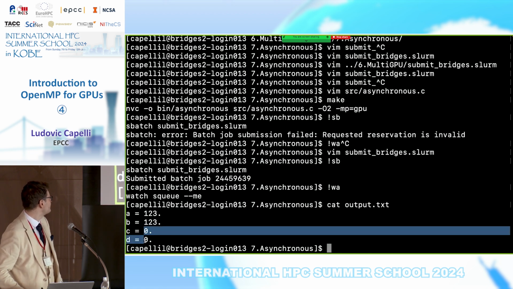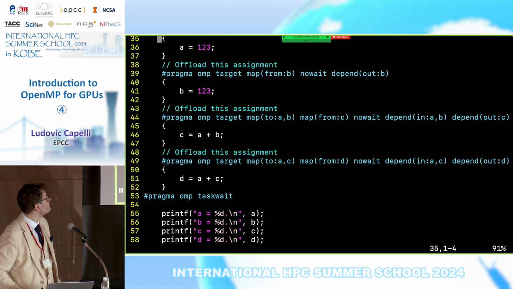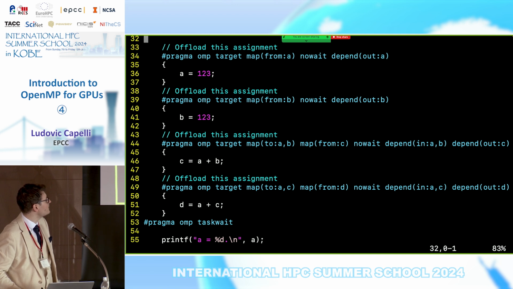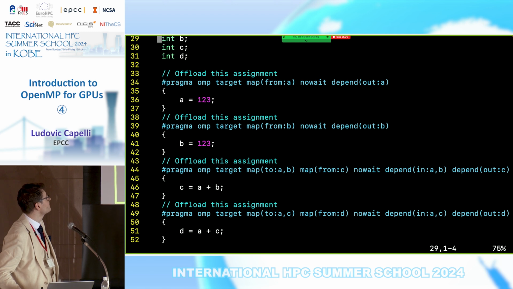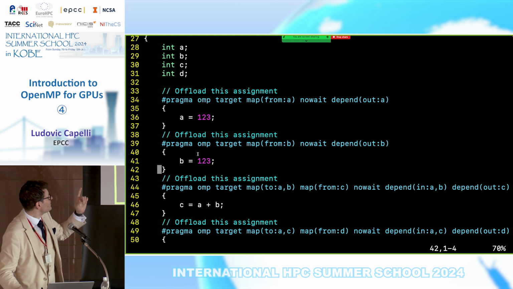Okay. C and D, we have a problem there. What is it here? Depend in A and B, depend out C, map to A and B. Oh yes, that's a sneaky one. That's one of the sneaky ones. I get caught in this the first time every time. It's because